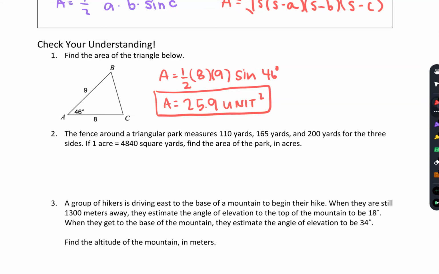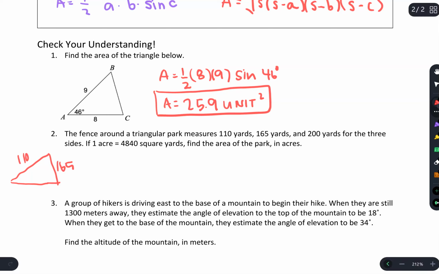All right, let's look at number 2. The fence around a triangular park measures 110 yards, 165 yards, and 200 yards. Okay, so what are we given here? So 110, 165, good deal. Side, side, side, and 200. So if 1 acre equals 4,840 square yards, find the area of the park in acres. Okay, so